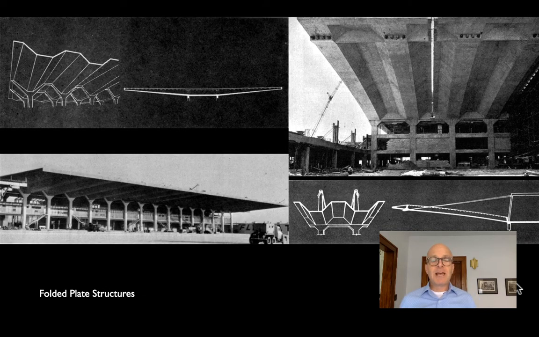So folded plates began to be very popular in the 40s and 50s. Concrete long span construction was used for things like aircraft hangars. Here are a couple of early ones that have all of the components we've just talked about. So here on the left, this was at Miami International Airport, and you can see that what the engineers have